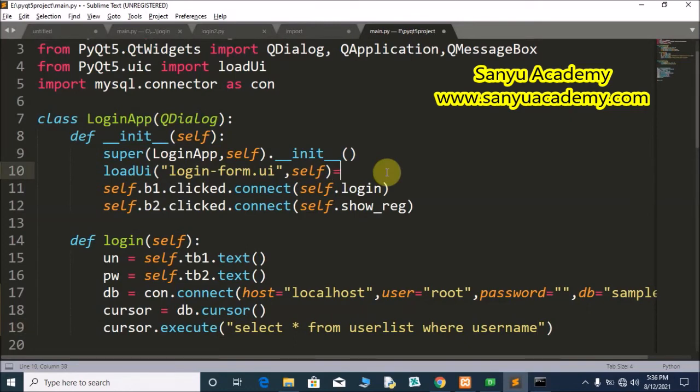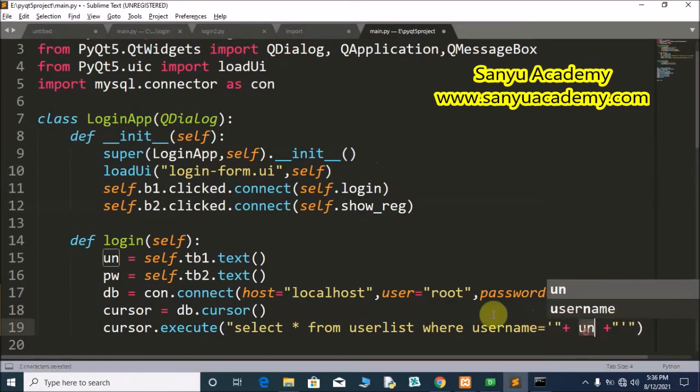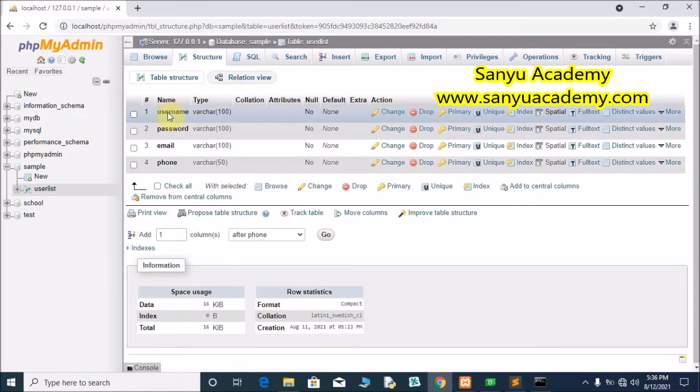Username is equal to single quotes, inside this double quotes, inside this plus, inside this space, and give the variable un. Un is the variable name, and username is the field name which is available in the database.